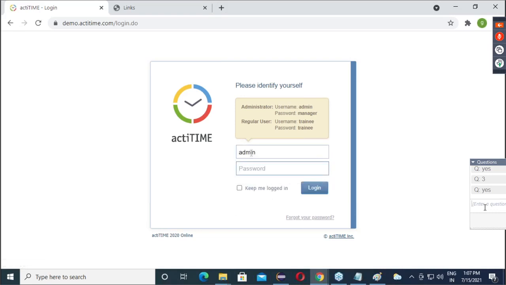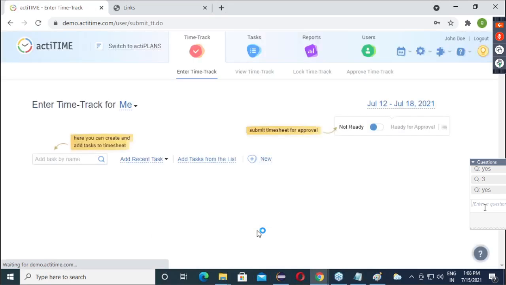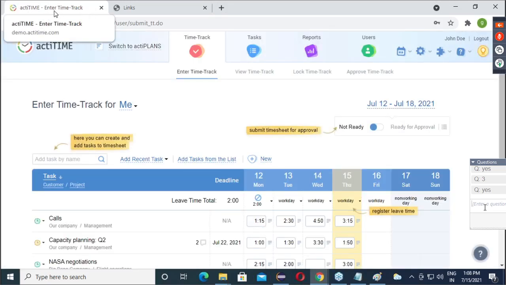So this you have to automate. Admin, manager, select keep me logged in checkbox. Click on login. After this, print the title of the web page. Clear? Everyone? Online people?